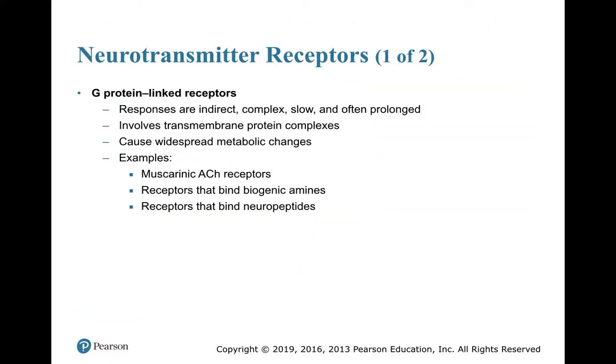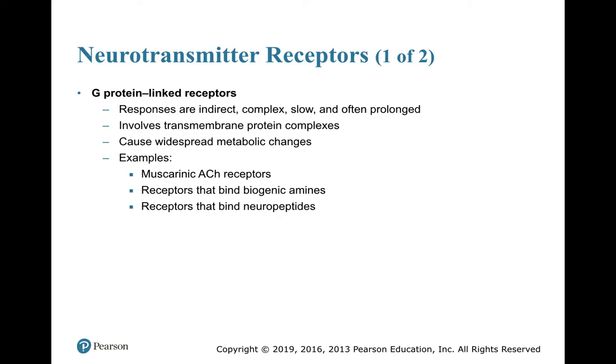G protein linked receptors, the responses are indirect, much more complex, slower, but the trade-off for that is a prolonged response. It's going to involve a transmembrane protein complex. It's going to cause widespread metabolic changes within the target cell. Its second messengers amplify the responses. And some of the examples of these are the muscarinic acetylcholine receptors, receptors that bind biogenic amines, and receptors that